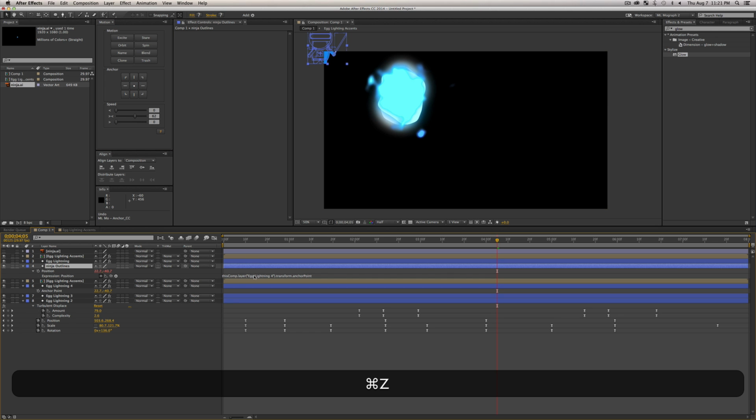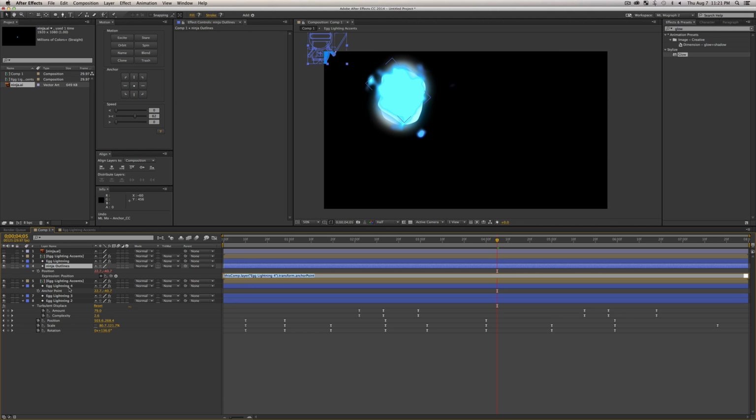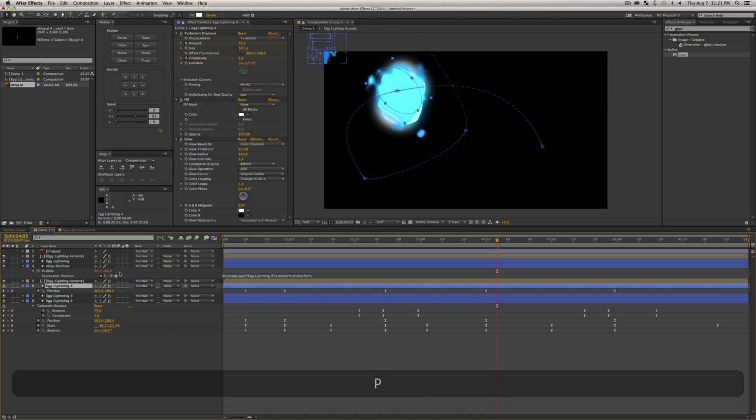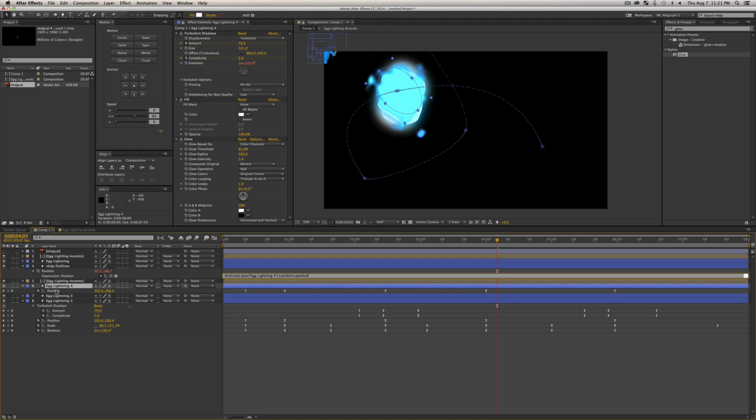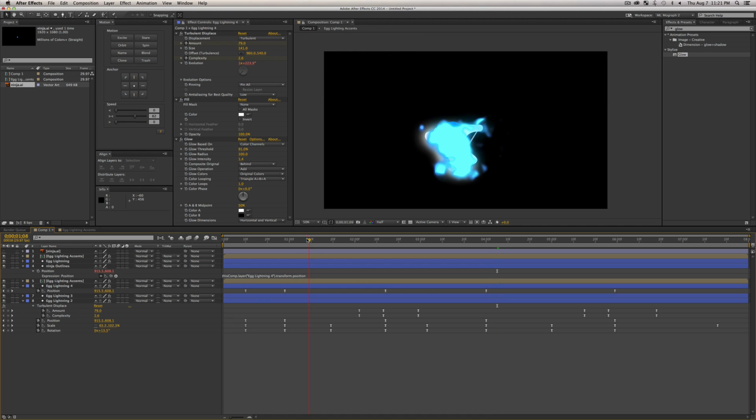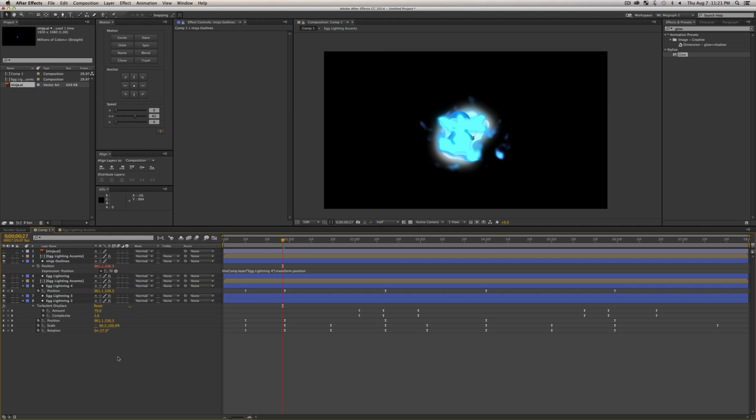Why don't we go ahead, since I've messed all this up, and actually grab our egg lightning and use our position, I think is actually what we wanted. So where is this guy? Okay, so now he's in there. Don't use the anchor point, use the position. I hope that was not confusing. So yeah, you're going to pick whip your positional ninja outline or whatever your object is onto the position of one of your lightning layers. So I might go ahead and just move this up so he's a little bit more